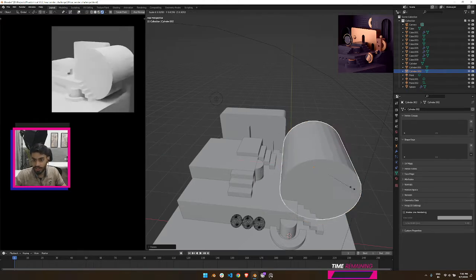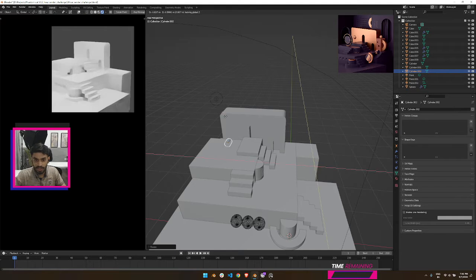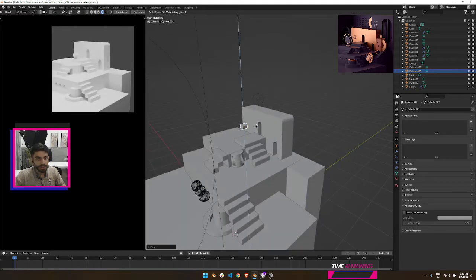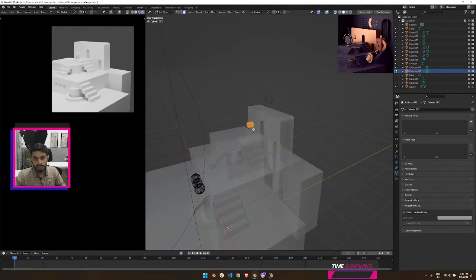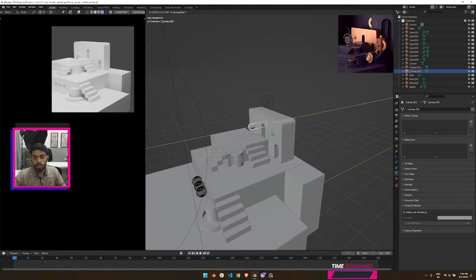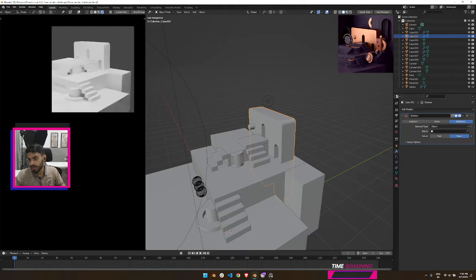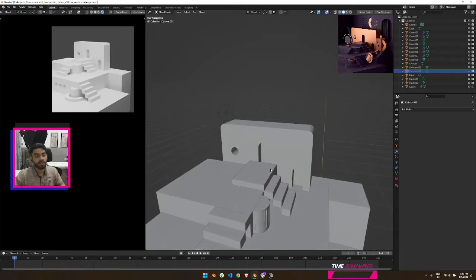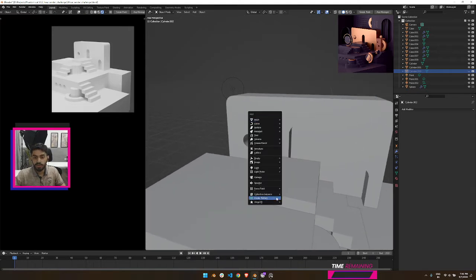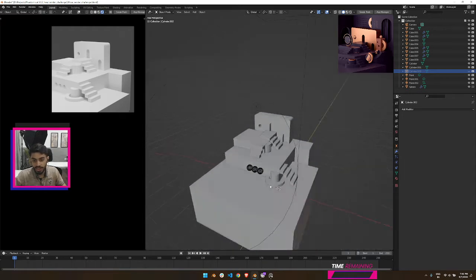There we have the cylinder in place. There we go. So yeah, I have to decrease the size. We'll have a boolean modifier, and there it is. Then we can hit subject. Perfect, perfect, good place. Good job. The only reason I'm rushing this whole design is so that I can finish this first,